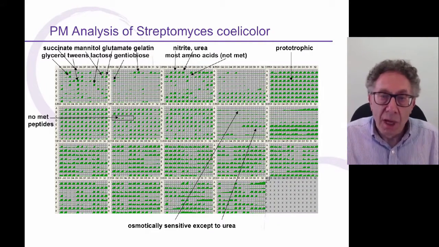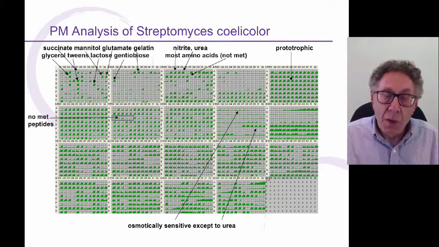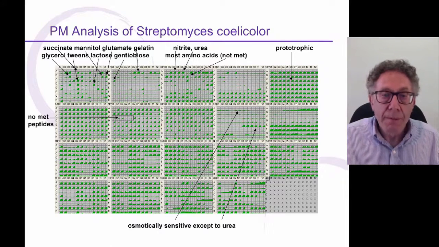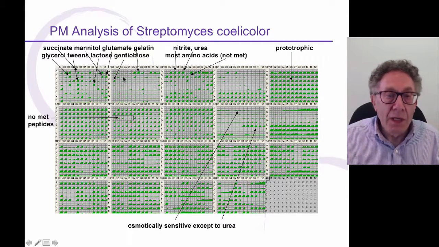This is a Streptomyces coelicolor, a soil Streptomyces. It's an antibiotic-producing bacteria, so this is also grown industrially and commercially in fermenters. We see that it has a very different profile of carbon source utilization. One of the carbon sources it uses very strongly happens to be gelatin, which is a protein, indicating that it